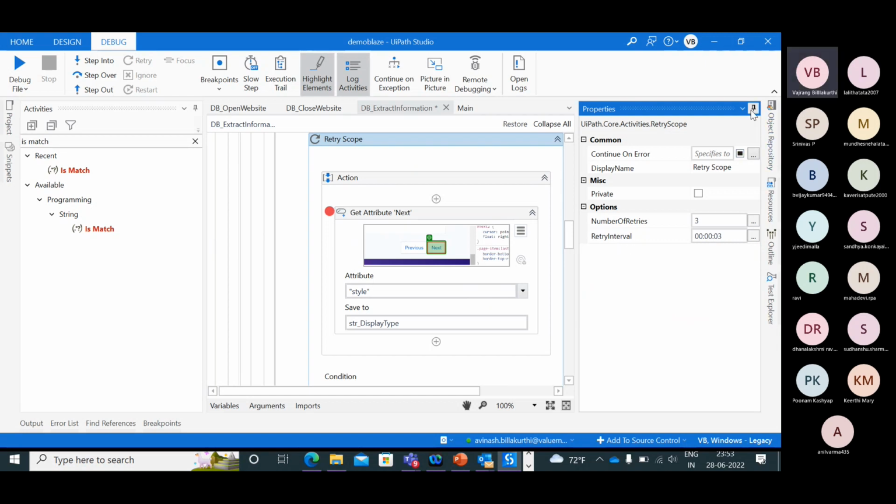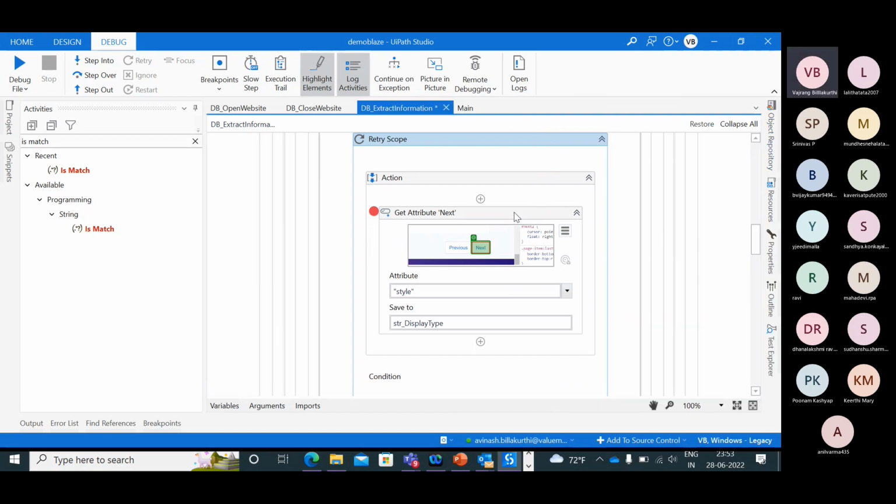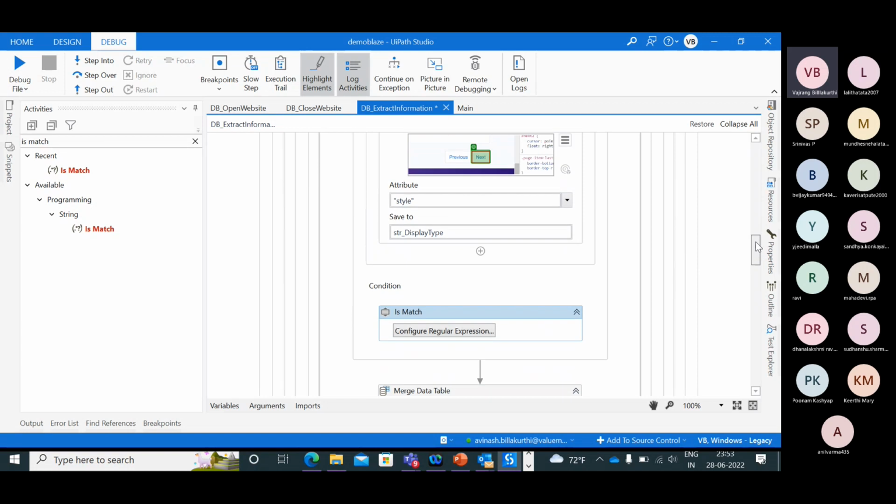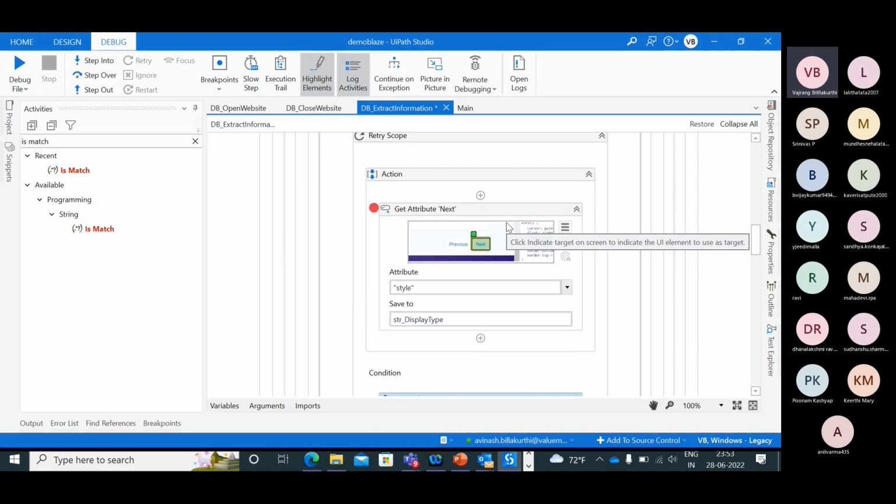Okay, again I'm telling here, we are trying to get some value from the next, but the style is not coming in properly. So what I'm trying to do is, after 3 seconds we might get some value. It will check for this particular item. If we get any item, then that's fine, exit the loop. If it is not getting the item, if it is getting false, then go ahead and retry this one. So this is the code logic.